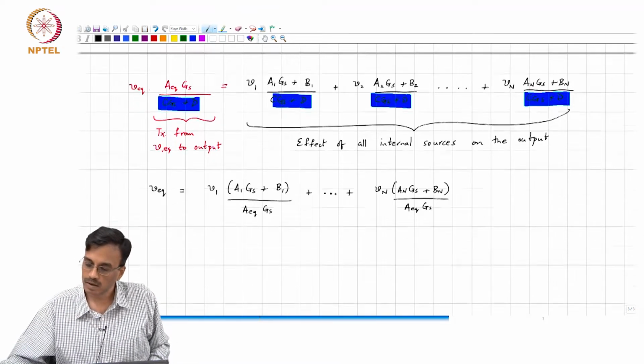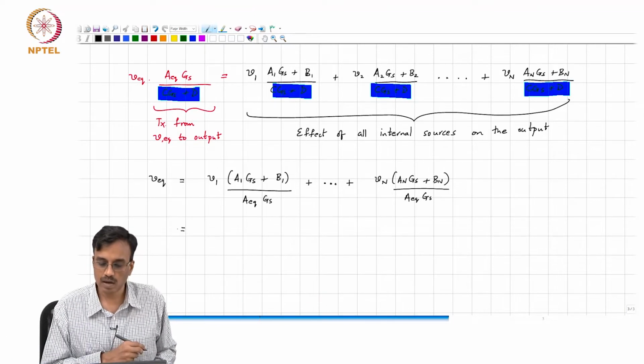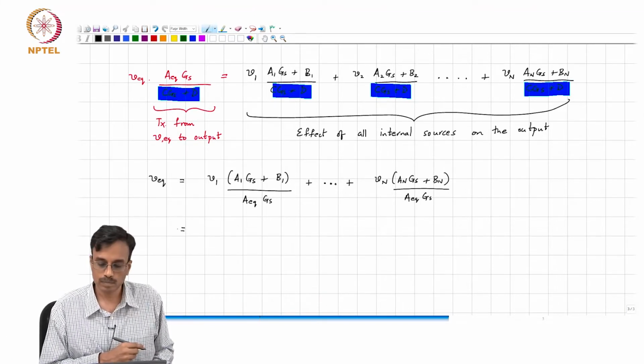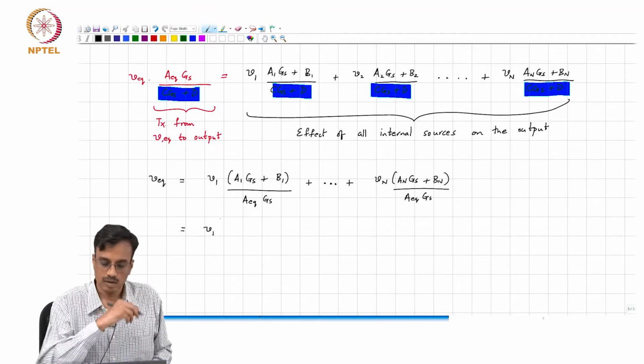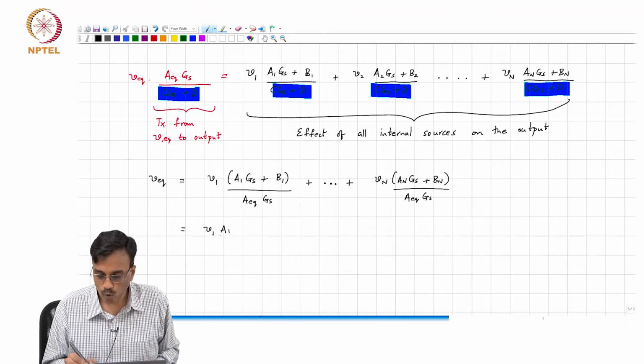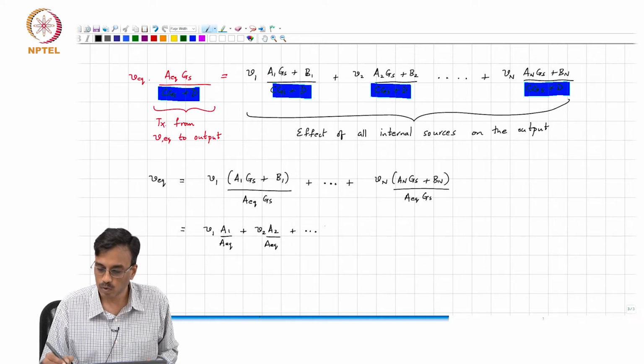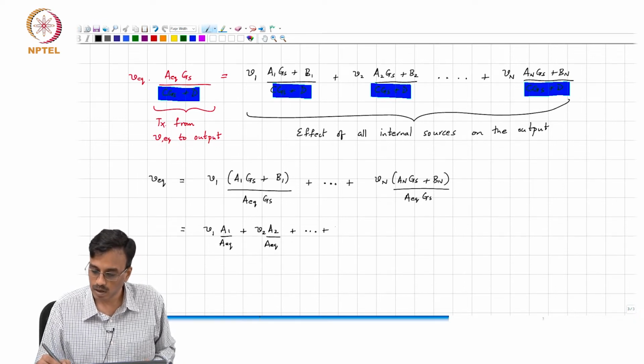All right, and this can be written as V1 times A1 over A equivalent plus V2 times A2 over A equivalent, all the way up to the nth,